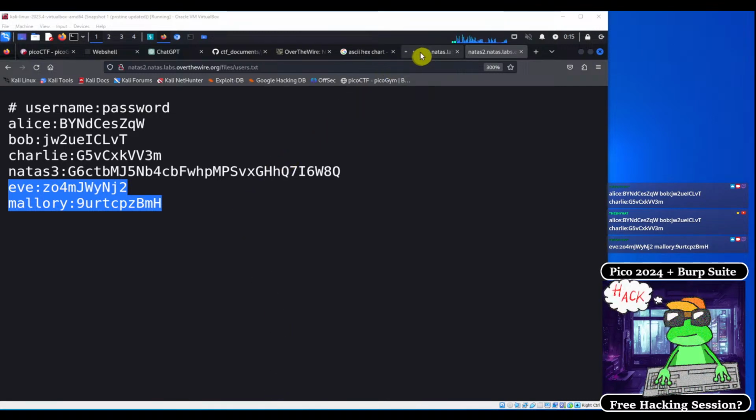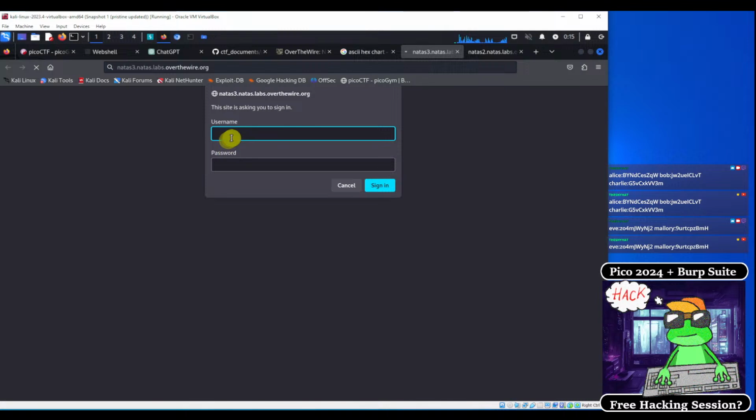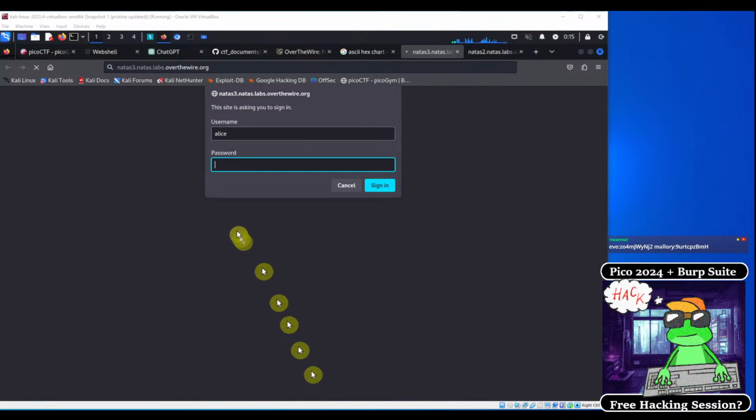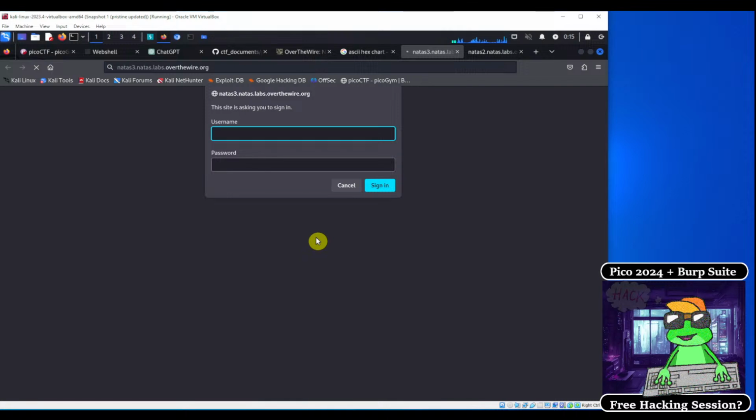Okay, so in here, let's try Alice and then this particular password. So I have a sneaking suspicion that it's not necessarily going to work. Whoops, let me try pasting that again. Okay, so it doesn't let us in. So we should use the